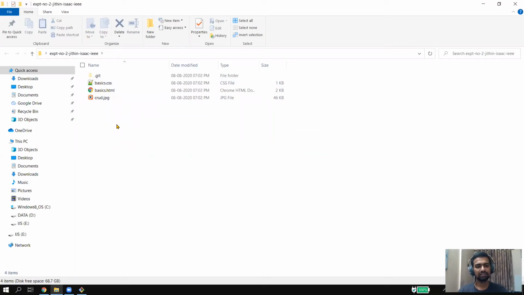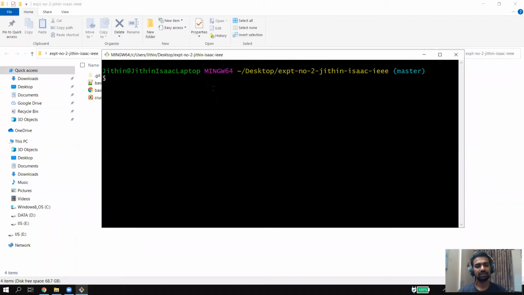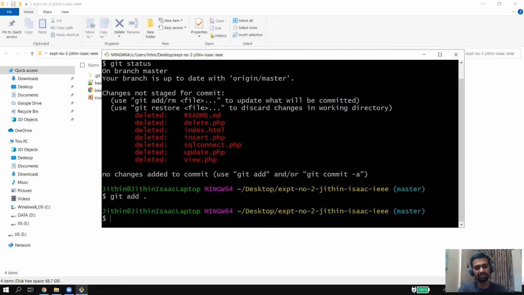Once you think that you have finished the experiment and now you want to submit these files to your repository, you will go again to Git. You will do a git status. You will find that all these things have been changed. So these are things that are now staged. So you will do a git add now. So now you have staged all the files. Then you will do a git commit -m and the message, deleted a few files.